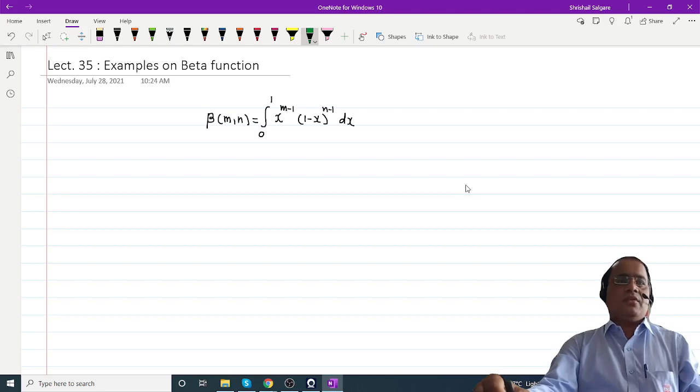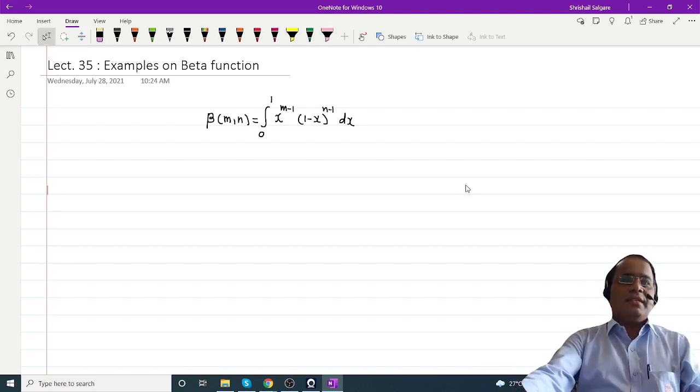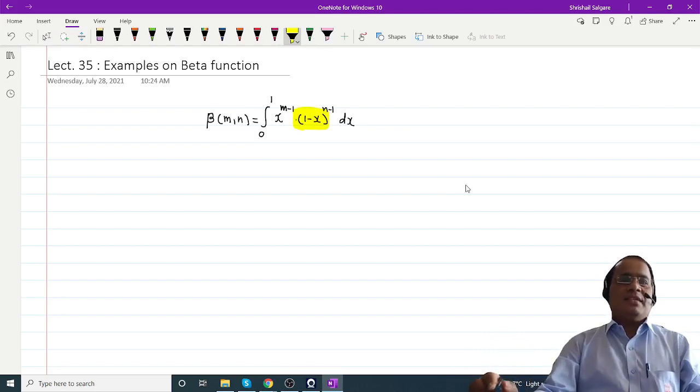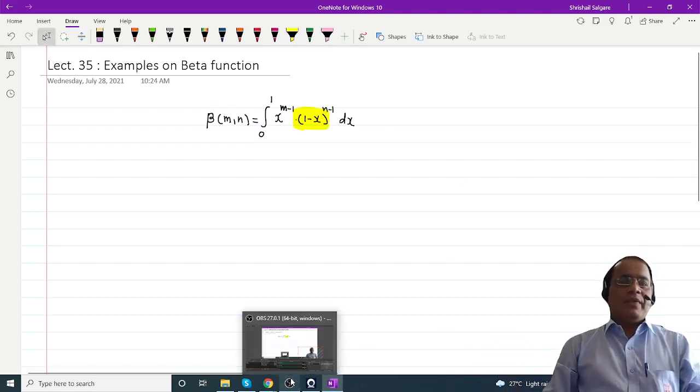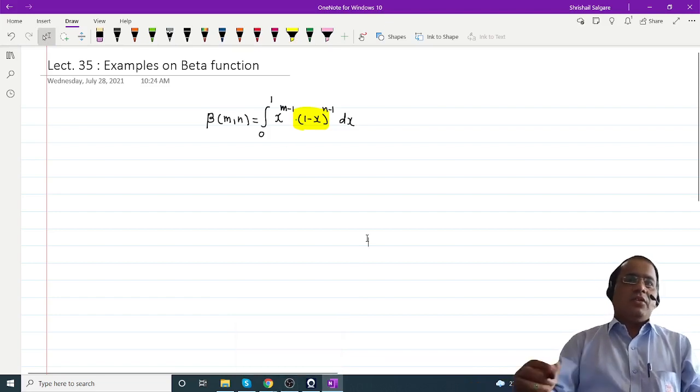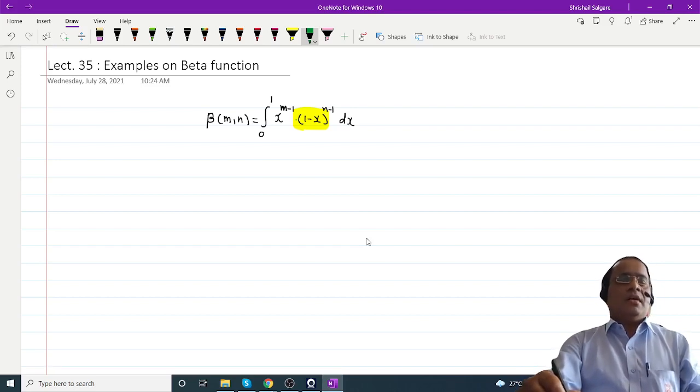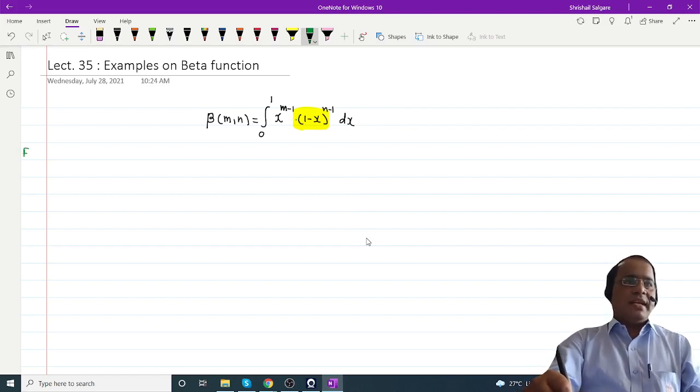So the kernel is 1 minus x. This term we have to obtain. You have to use a suitable substitution such that we should have the term 1 minus x. Remember, when you are reducing the integral, that term should be there. Now continue with the example. Three types I already covered. Depending on the nature of the given integral, you have to decide the substitution. So once again I continue with the examples.